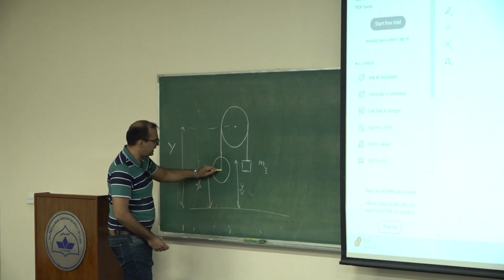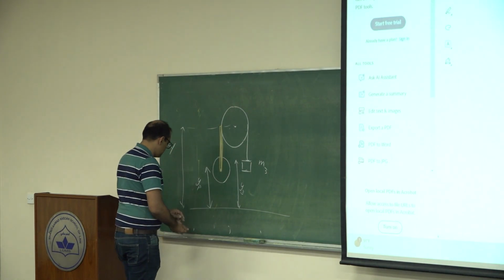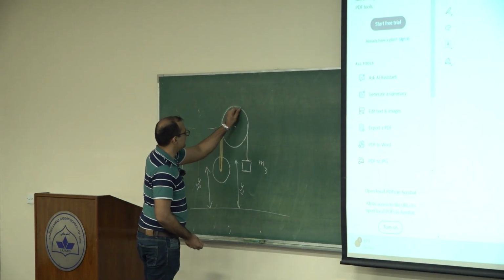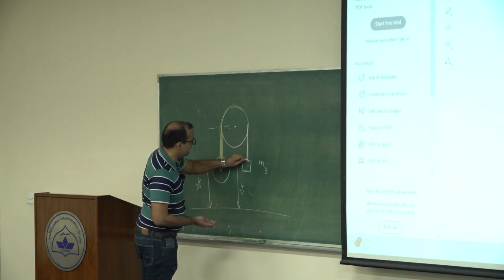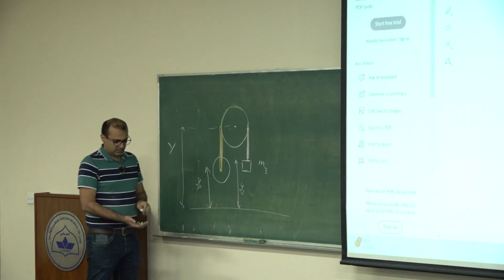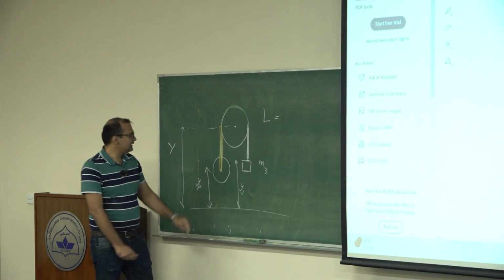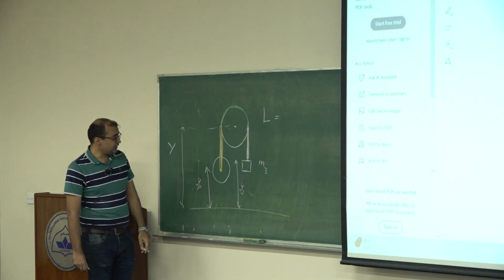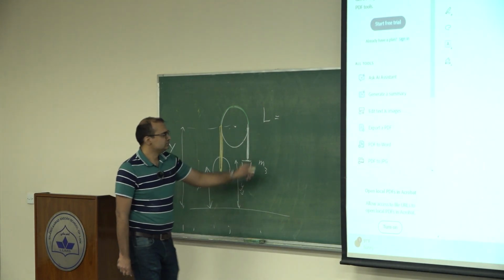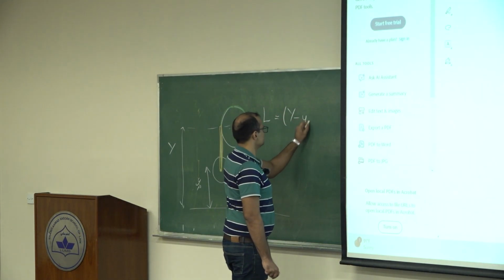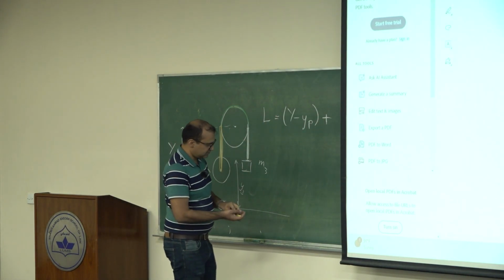ये आपकी स्ट्रिंग जो है ये यूं करके जा रही है. आई कैन डिवाइड द स्ट्रिंग इनटू 3 पार्ट्स. एक ये येलो सेगमेंट, एक आपकी ग्रीन सेगमेंट और एक आपकी well I'm out of markers, एक आपकी white segment. Okay, so write down the length of the string. Let's call it capital L. Capital L equals the length of the yellow segment, which is equal to capital Y minus yp, plus the semicircular segment, which is